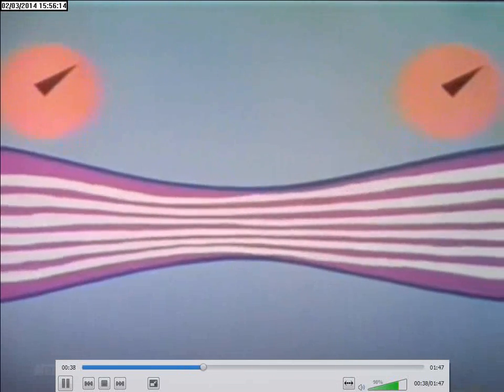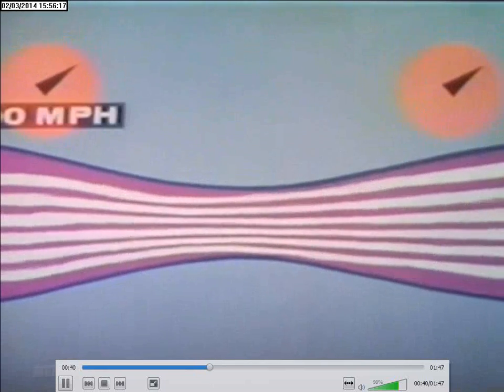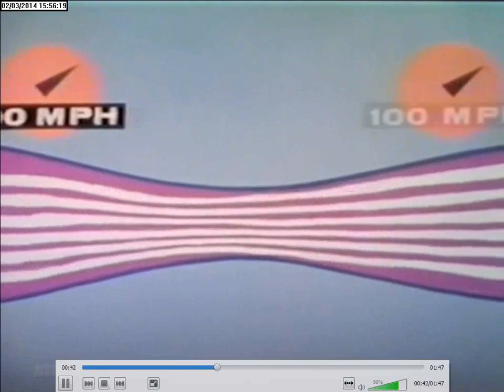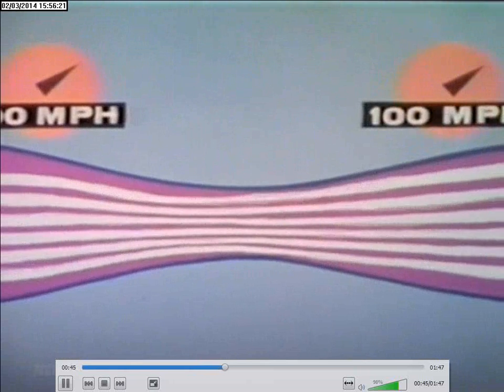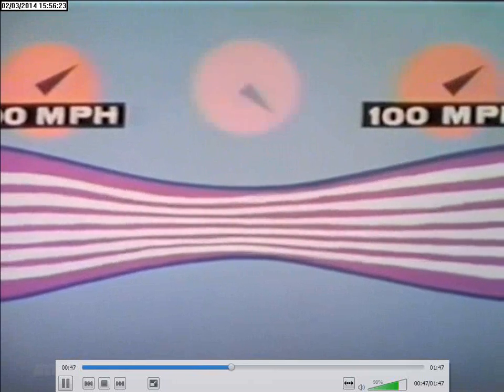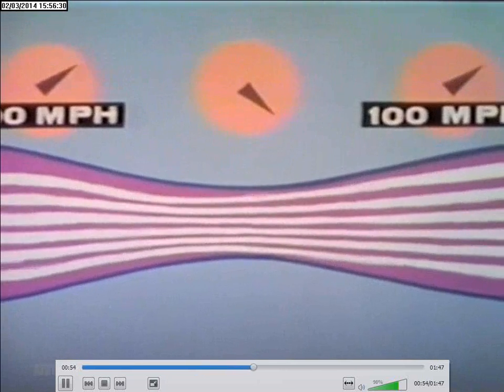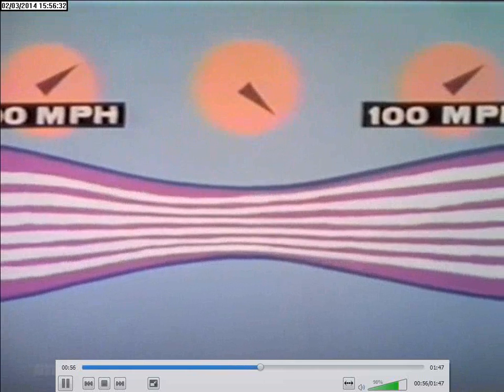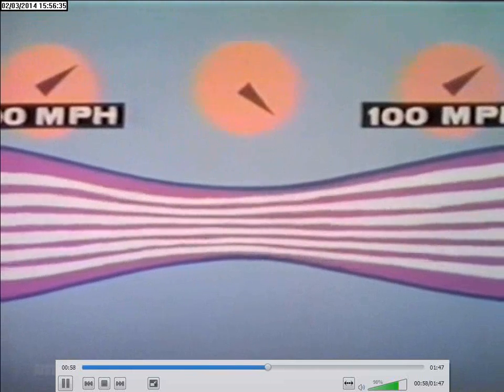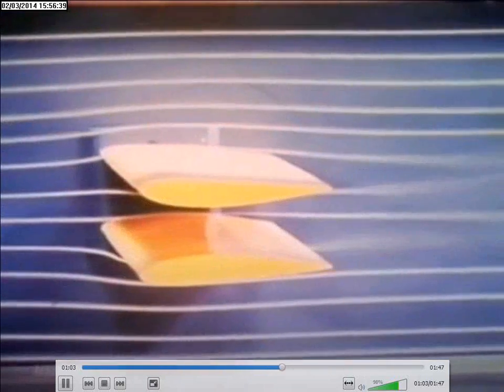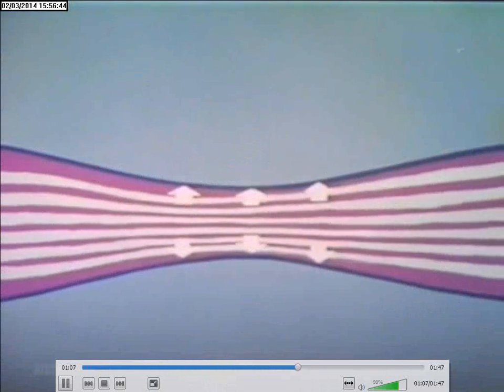What we find is that when the airspeed is 100 miles an hour at the entrance of the device, it is also 100 miles an hour at the exit. Yet at the same time, the speed at the narrow part is considerably higher. It can easily be understood, therefore, that the air increases in speed as it passes through the smaller opening. But the interesting thing is that in order for the air to go at the faster speed through the narrow part, something has to balance this change in velocity, this speed difference. What changes is the